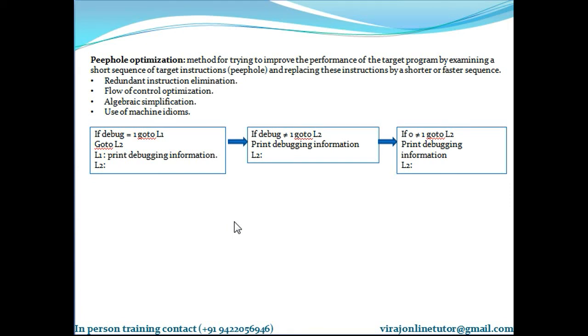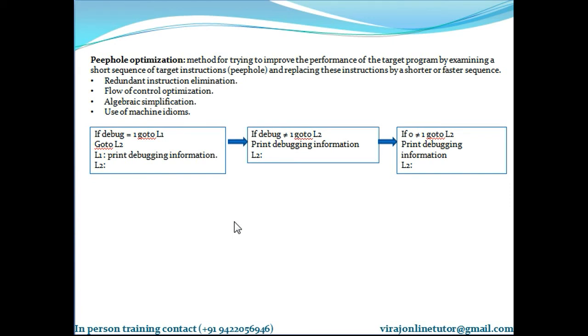Redundant loads and stores can be eliminated. Unreachable code also can be eliminated. So I have an example here.